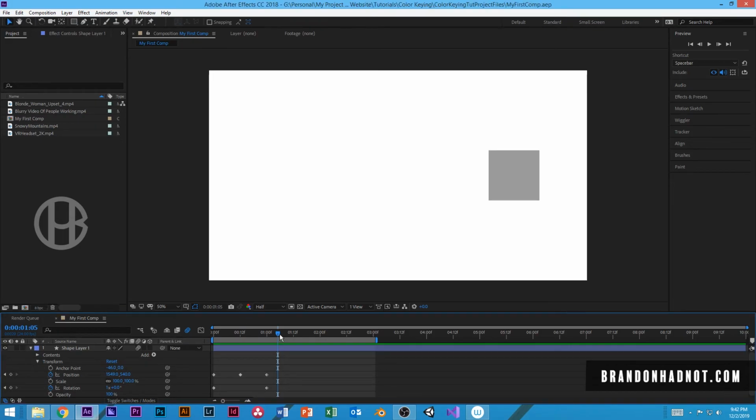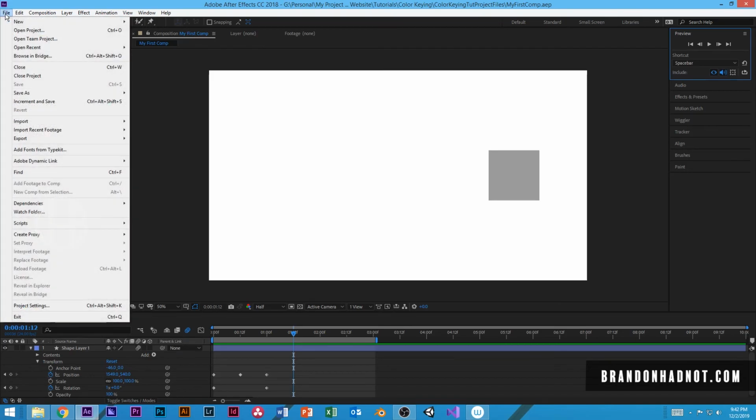Okay, so we got a nice basic little composition. It only lasts for 3 seconds, so it'll eventually loop back at the beginning there and just keep on playing over and over again. But that all depends on how you have your settings. Over here in Preview, you can click to change that so it only plays once, but I like for it to play over and over again so I can watch it 1,000 times, review it, and see if there's anything I could change. But the next and final step is we're going to go to File, and then we're going